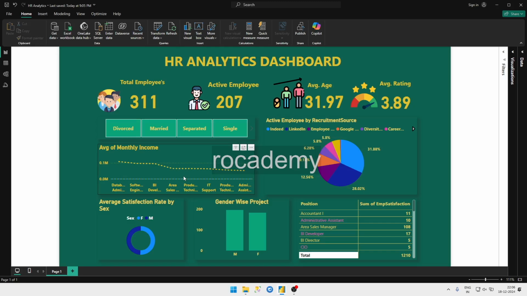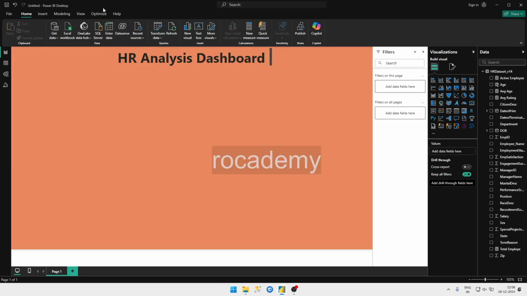But there is no age mentioned, so I need to first calculate the age. What I need to calculate first is the age. So age will be